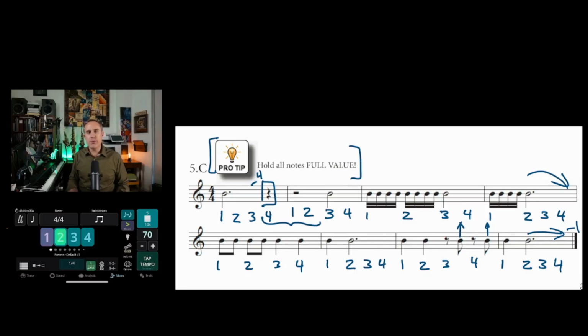1, 2, 3, 4, ta. Ta, ticka, ticka, ticka, ticka, ta. Ticka, ticka, ta. Tee, tee, tee, tee, ta, ta, ta, ta, ta, ta, tee, tee, ta,